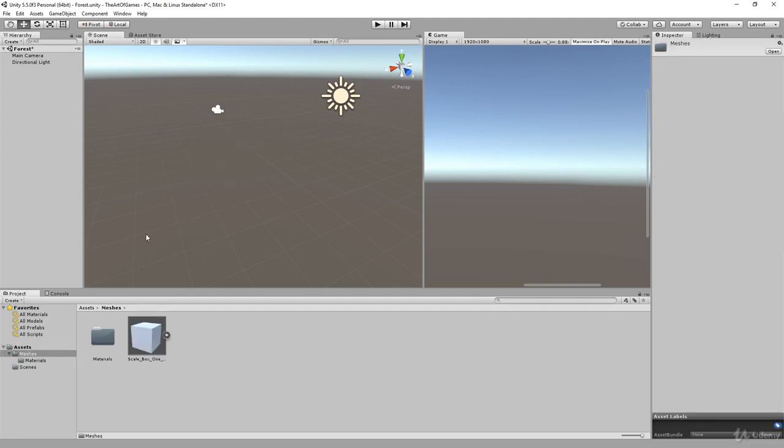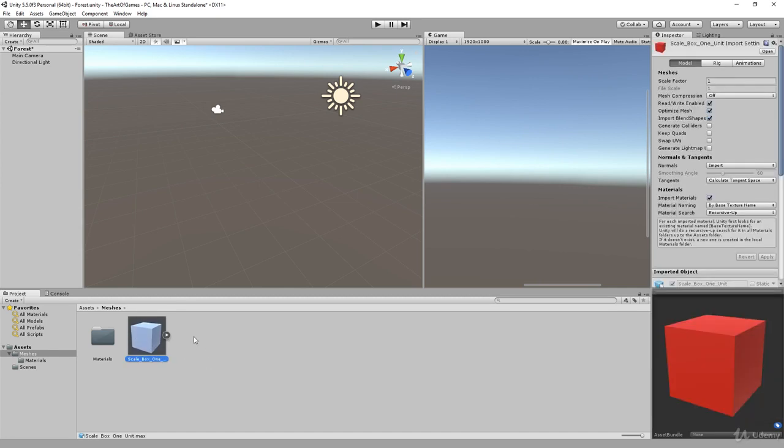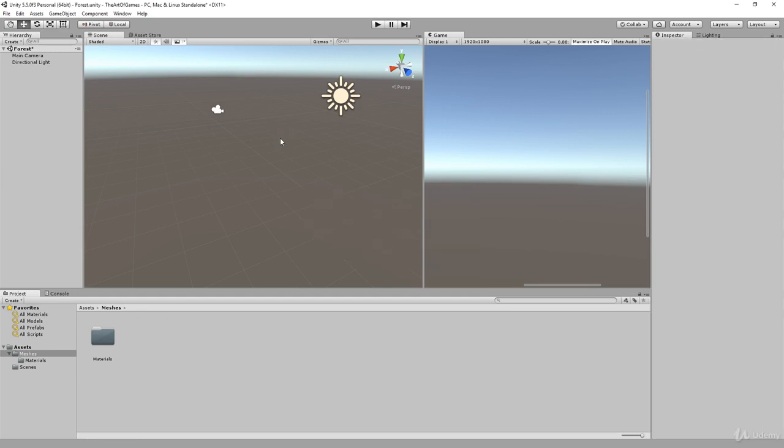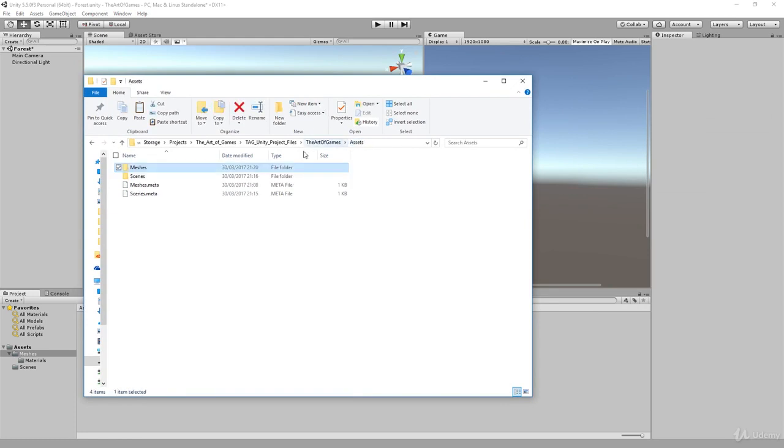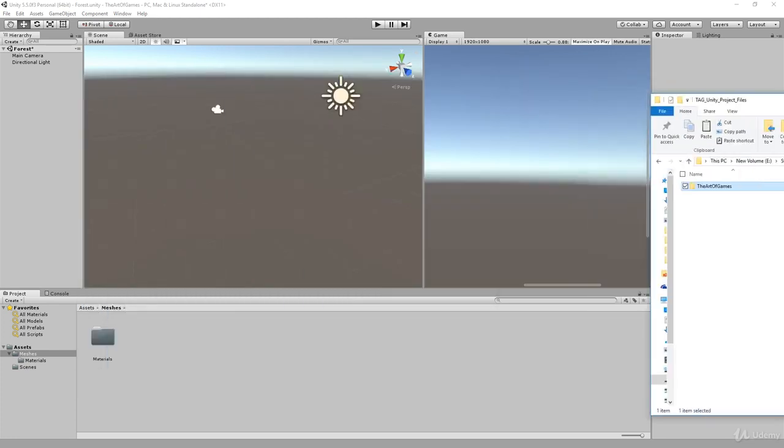You go into your meshes folder and go, nah, I don't need that scale box 1 anymore. I'll just delete that. Yeah, delete. Right now, if that was your only copy of that file, if you go back into your folder now, it's gone. Meshes, it's gone. It's not there. So we need to keep a copy of all our files. Otherwise, you're going to start losing them.